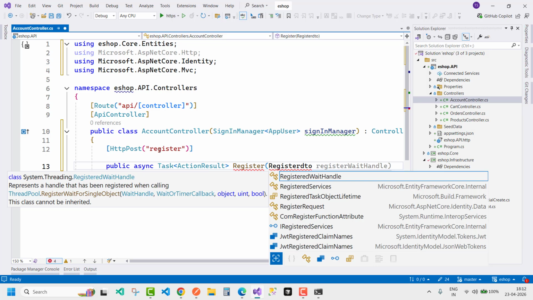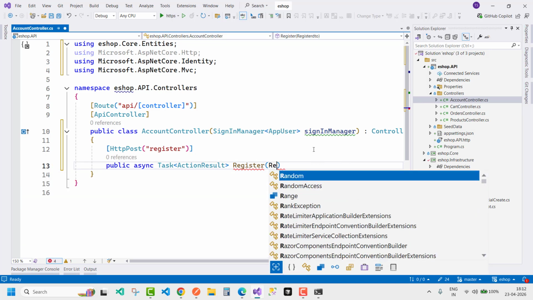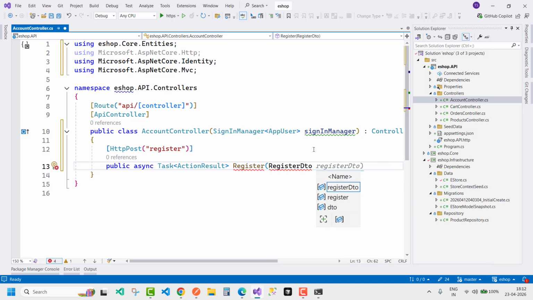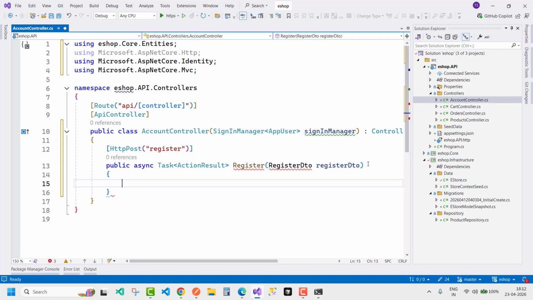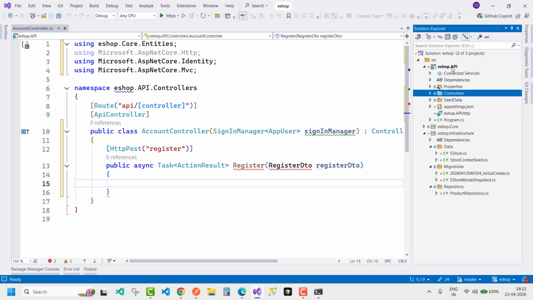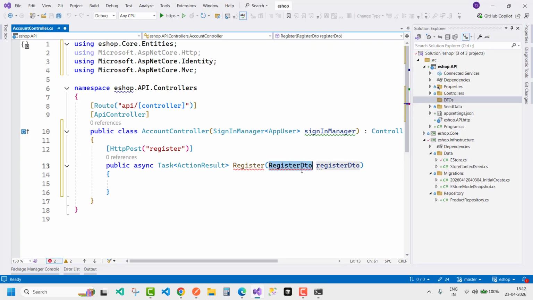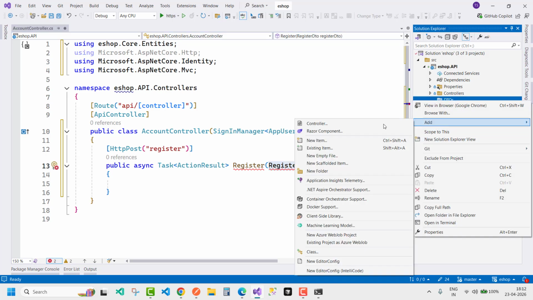So I want to go for the first one, the RegisterDto class, RegisterDto, okay, and this is the RegisterDto. Okay, so just create a DTOs folder inside your API. So here I'm going to add a new folder that is DTOs. Now you can just add a DTO class here,